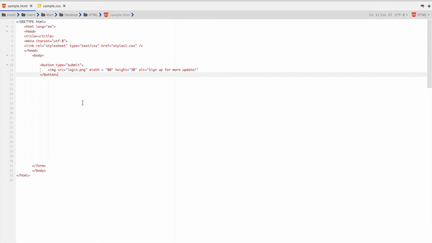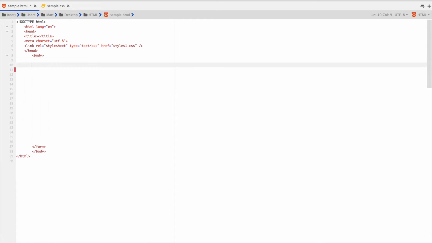Now we're going to go over a new element called the label element. And the label element is a container tag that associates a text description with a form control. So this is something often used. So I'm going to go ahead and get rid of everything on the screen now. And we're going to go ahead and make a label. Label for email